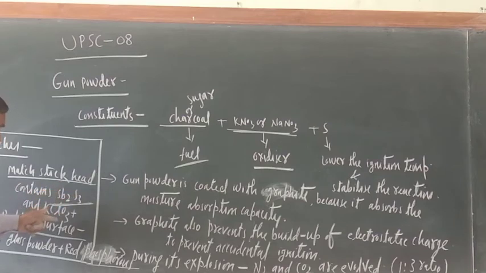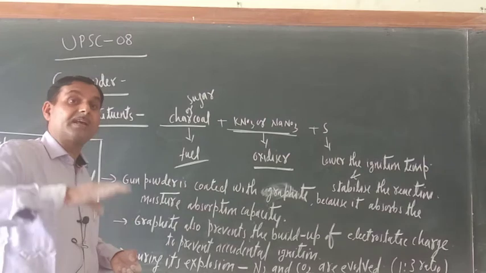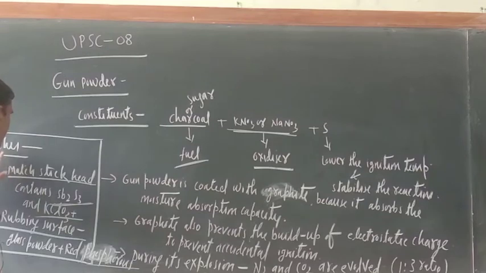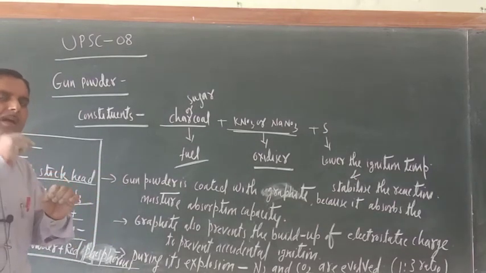Now it will ignite the potassium chlorate. When it ignites the potassium chlorate, the potassium chlorate sustains the flame for a long period of time. Long period means not 1 or 2 hours, but 1 or 2 minutes it will sustain. And once potassium chlorate catches fire, the flame will be a little bit large also.